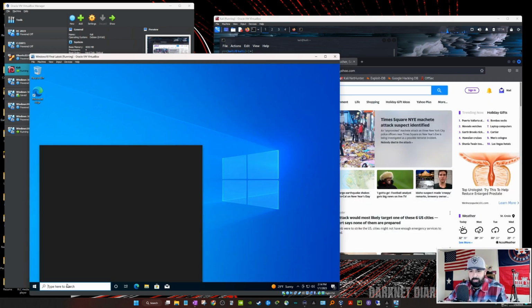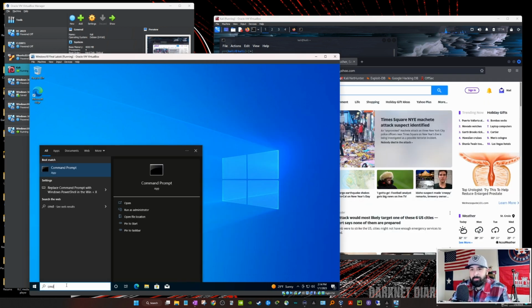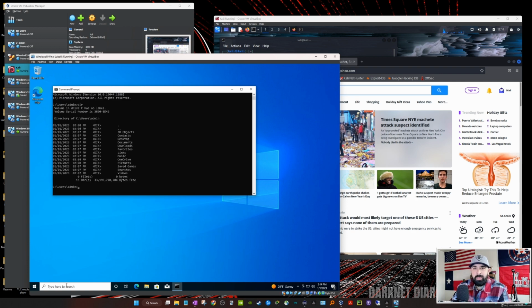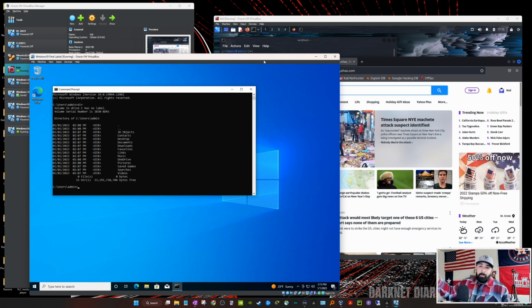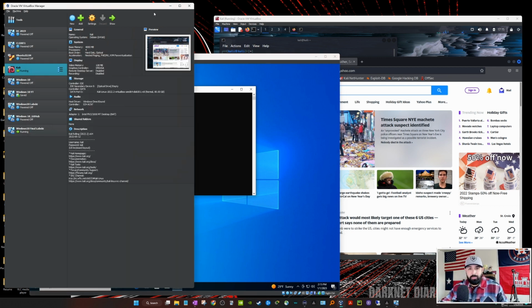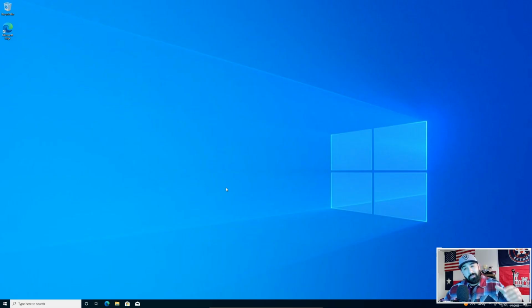Same thing here. Look, this is the Windows 10. We'll launch a command prompt. See, working. Everything works fine. And again, it's all using resources that have been allocated from my host machine through this hypervisor. We are going to perform a series of steps